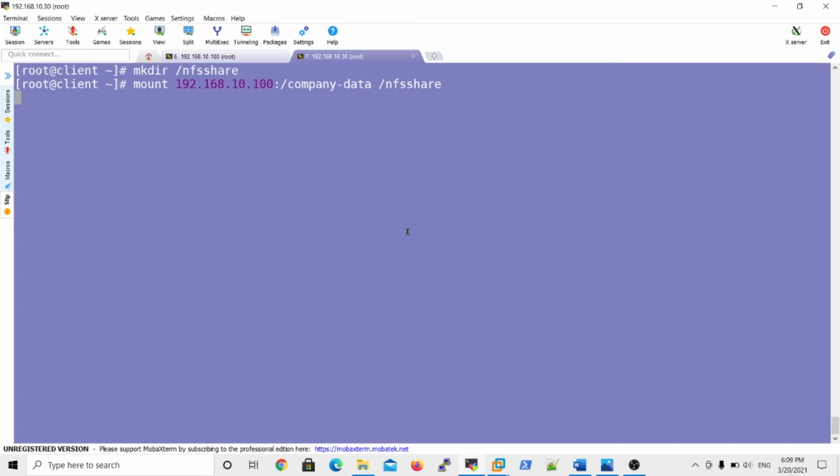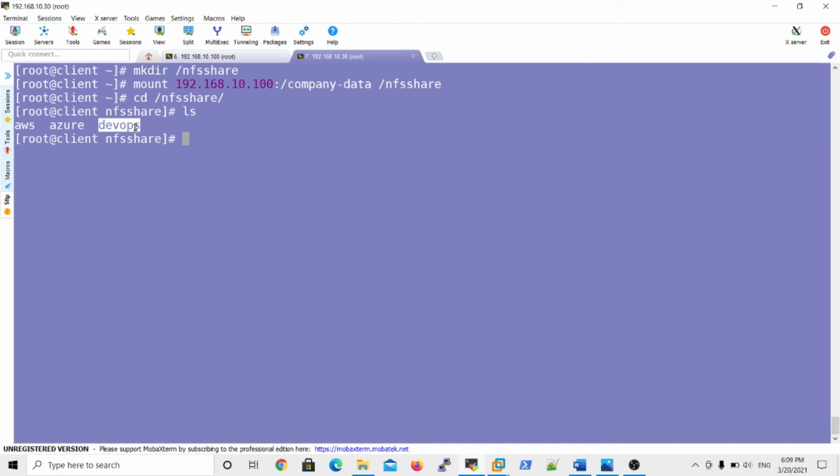If I enter, it is fetching the server details. Yes, your NFS server is successfully mounted. Now go cd nfsshare and check what files are under nfsshare. Yes, so you got the shared resources: AWS, Azure file and DevOps file.